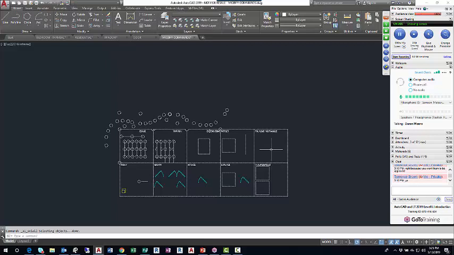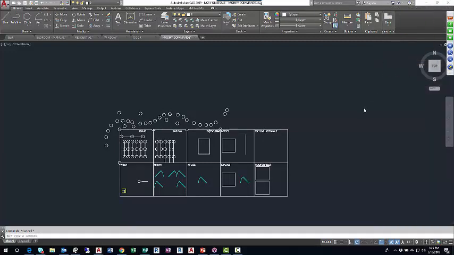But Control A is select all. And you probably knew that. That's just a regular Windows keyboard shortcut. But there is a select all button on the utilities panel. One of the small buttons on the right side of the panel, there's a green tint to it. That is select all. If I click select all,